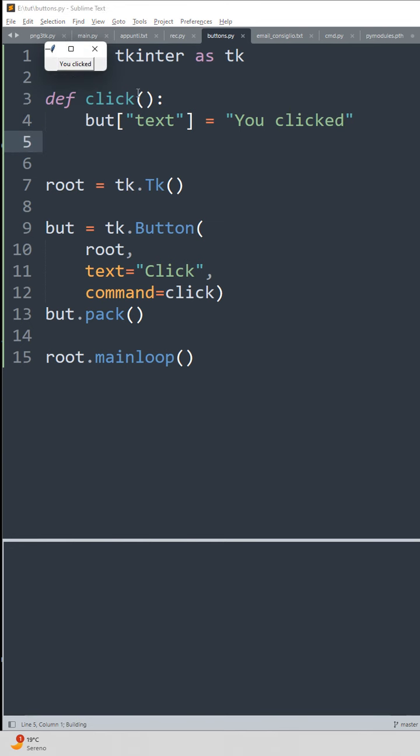This is the button, you click, and now you see that the text inside of the button changes to "you click it". Thank you, and see you next